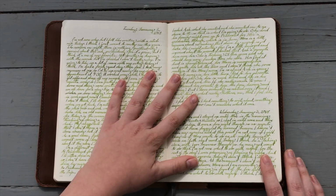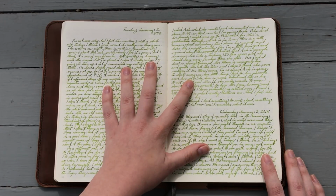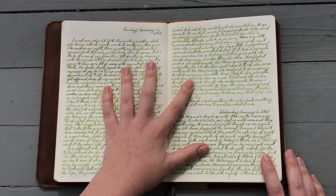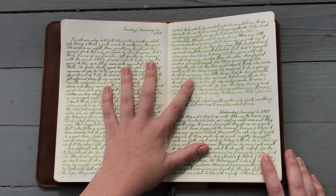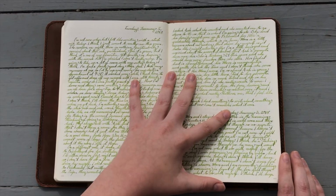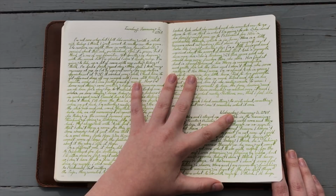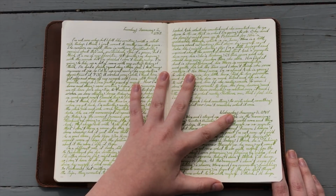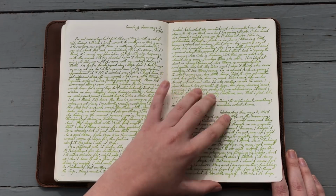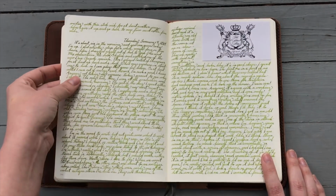Alright, so this is a new ink and a new pen. This is my Lamy All-Star with a 1.1 stub nib, and this is Sailor Shikiori Waka Yagisu, is I believe how you pronounce it. It's one of their Four Seasons inks. I think it's really beautiful, and it's kind of an in-between shade of green that I didn't have, even though I have a lot of greens, so I was very pleased with this, and I like the way it writes